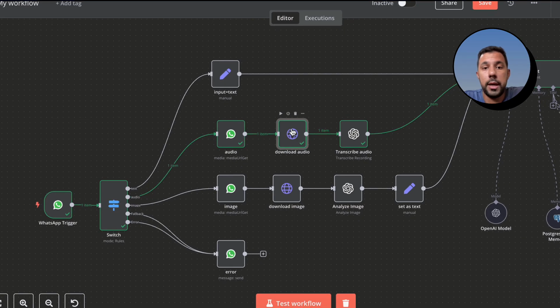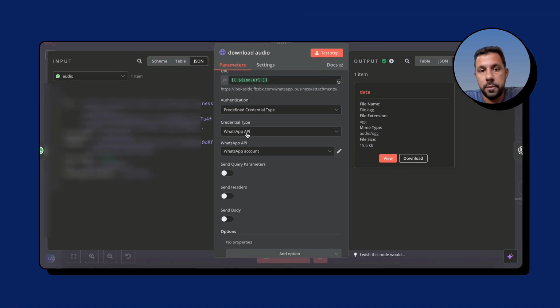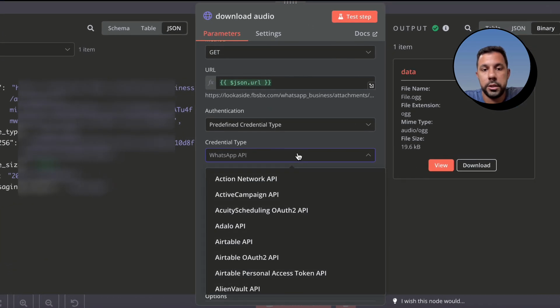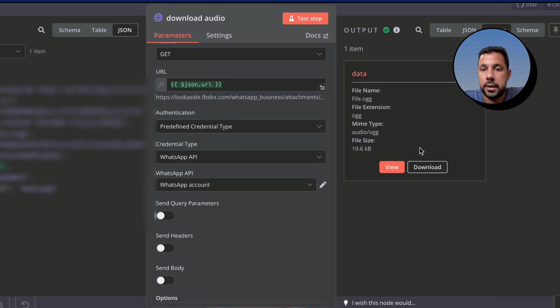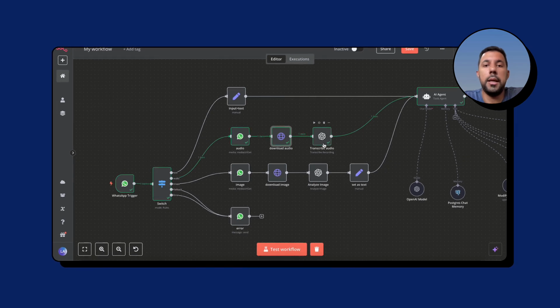After that, we call a HTTP request, a GET request, and we use the WhatsApp API credentials. You don't have to do anything here other than just select WhatsApp here. With that, you're gonna get the data or the file you need to feed an AI step audio node to